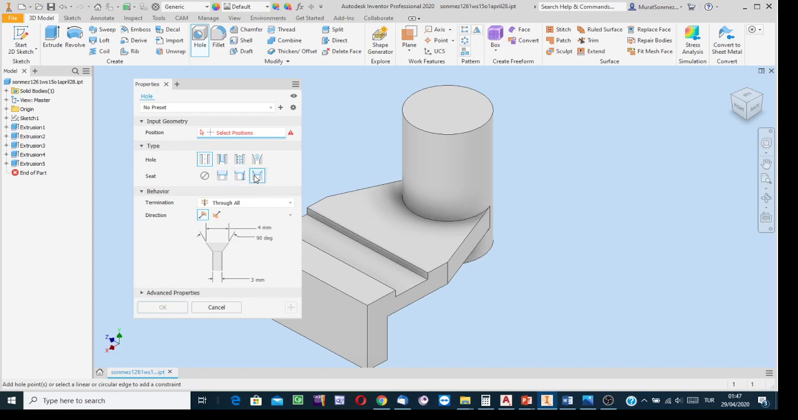Okay. But if the hole is a standard hole, meaning a standard bolt or cap screw is going to be inserted through the hole, then depending on the size of the standard fastener, the hole diameter is to be determined. Inventor has all the standard values for the fasteners in its library. So after selecting this option,